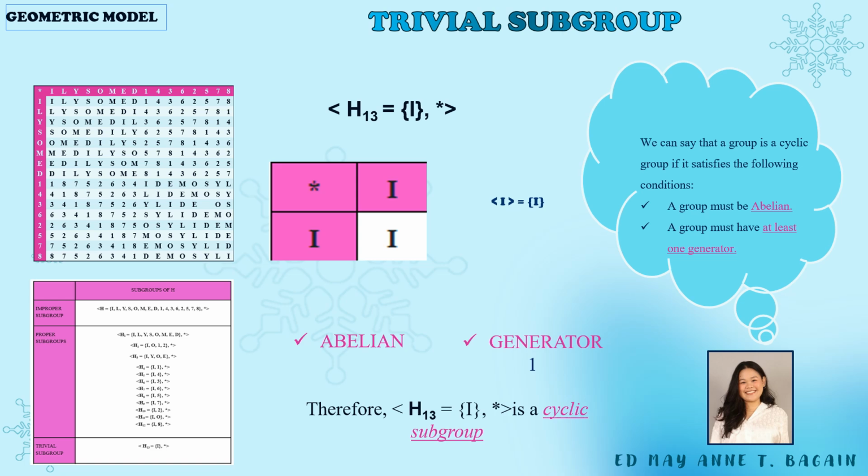Okay, so by exploring all of the cyclic subgroups and the group, we concluded that only the group itself, the improper subgroup H, under the operation star, and the H sub 2, which is equal to I, O, 1, 2 under the operation star, are the only subgroups that are not cyclic.